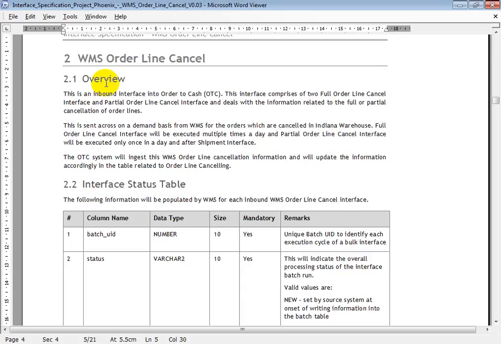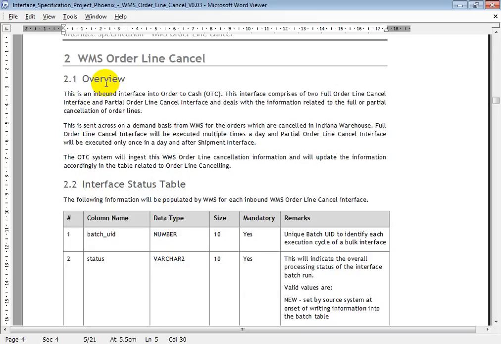Out of 2, they want to cancel one of the order lines. In that case, you send a request providing the reference number, the line number, and the item code, saying whether we want partial order cancel or full order cancellation.